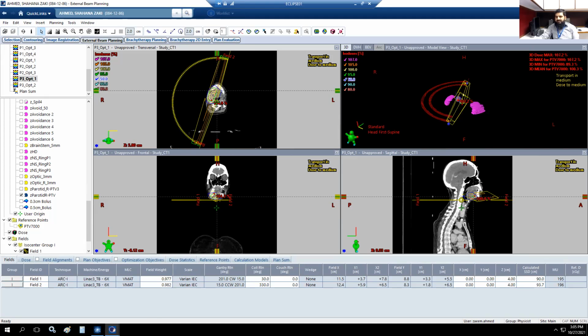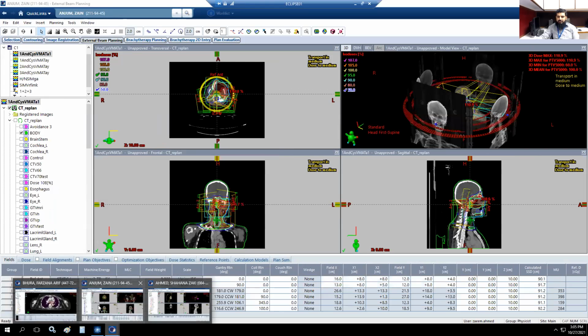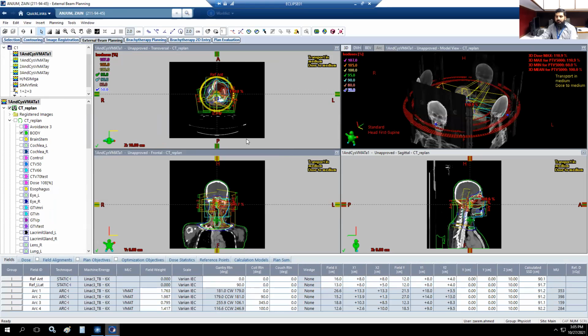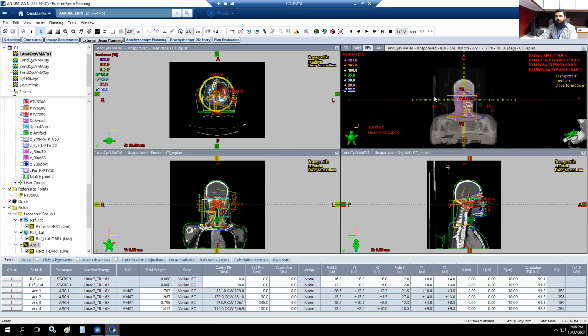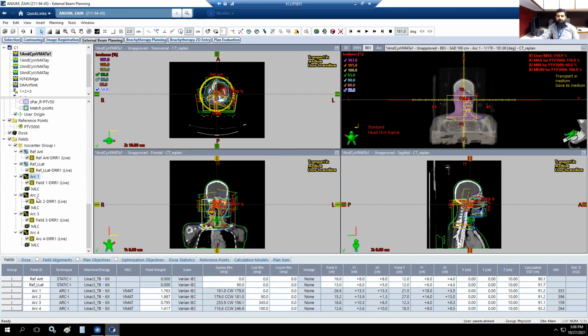If you have shoulders involved, you have to avoid the shoulder, then we can again treat the patient with the 4-arc beam arrangement, like 2 arcs for the upper neck and 2 partial arcs for the shoulder position. In this plan, you can see that